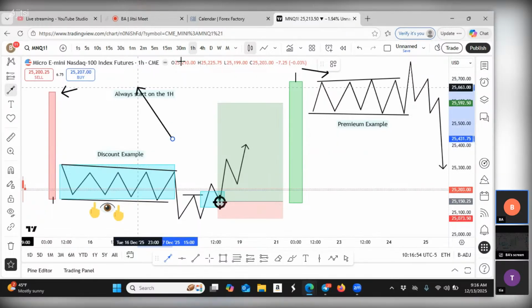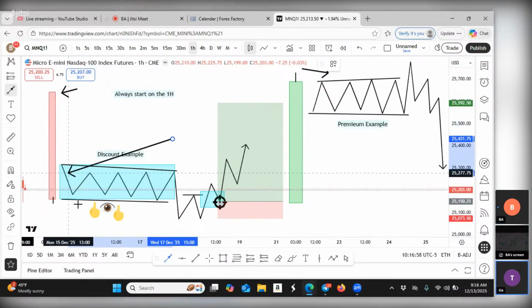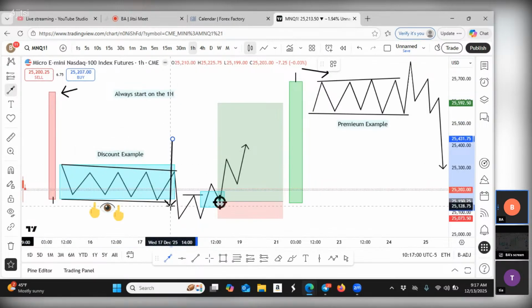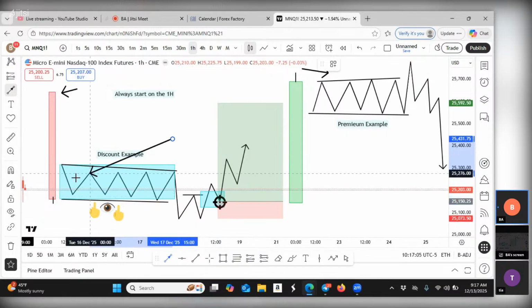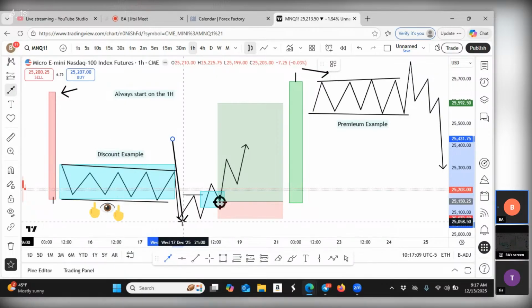We're just doing surgery. We're starting up high on the 1 hour. We're doing surgery to see where we can get in on this discount play. And you want to get your entry after manipulation. So you're letting this form up, you're letting it build up. Once it manipulates this low,